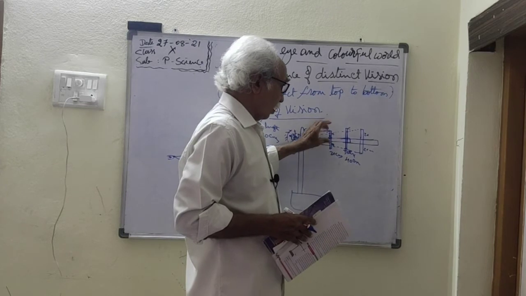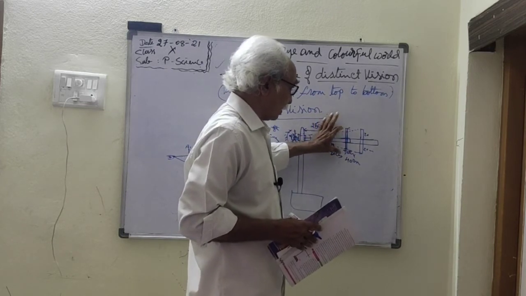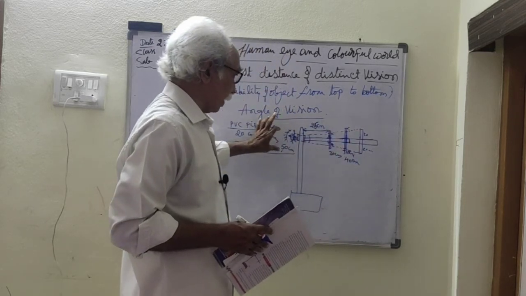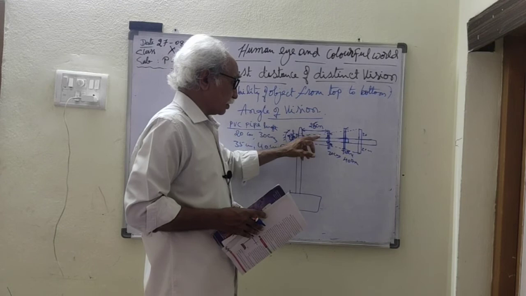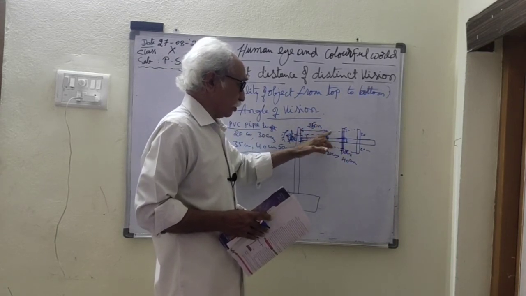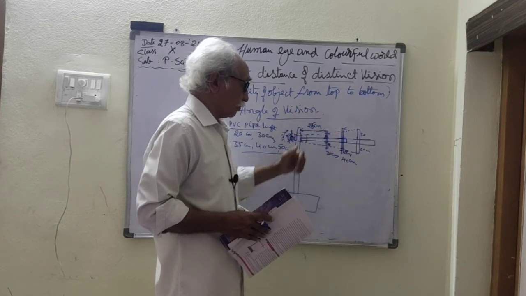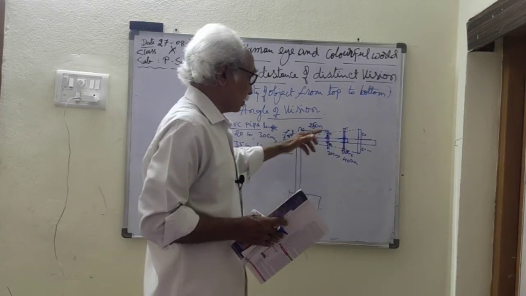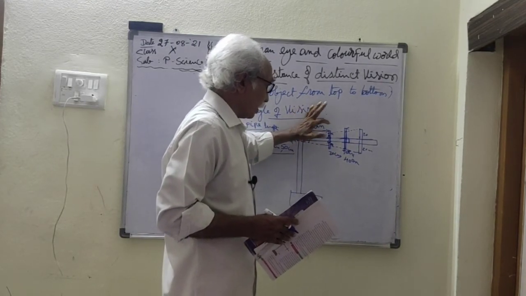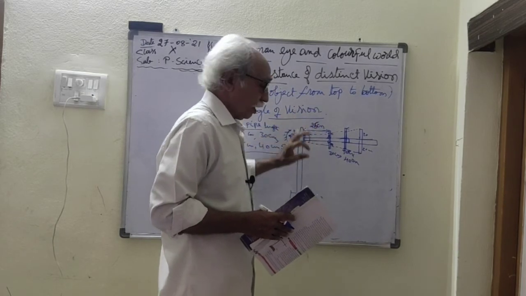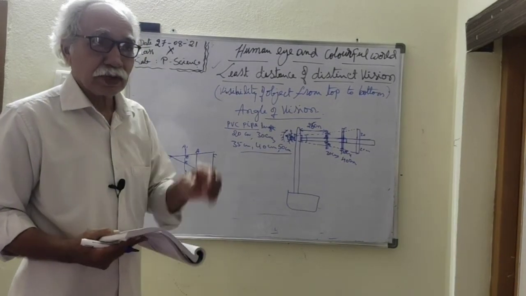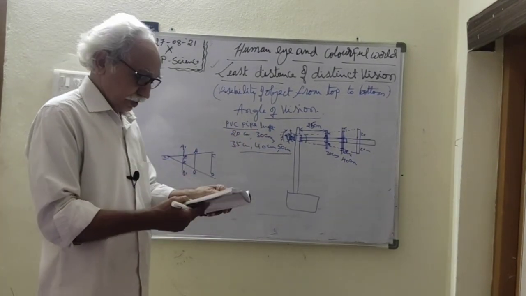So if the object distance goes on increasing, we are able to see the whole object. We can see the object at different distances, depending upon its length. If the same length is at a particular distance, we are able to see it from top to bottom, and the angle between the two rays of light coming from the top and the bottom is called the angle of vision. Generally for a normal human being, the angle of vision is 60 degrees.